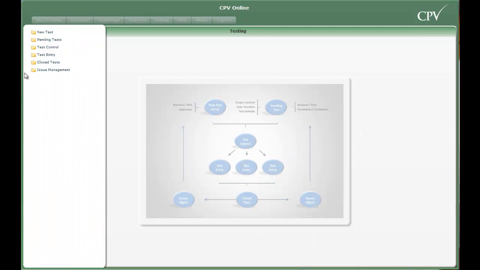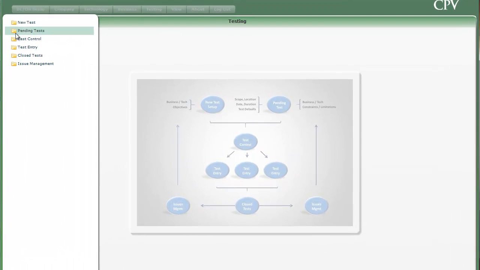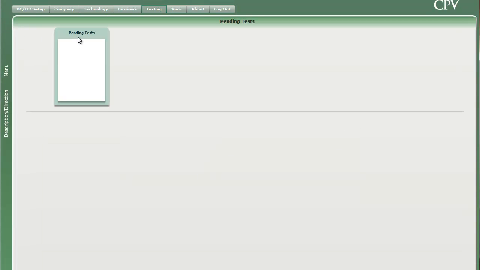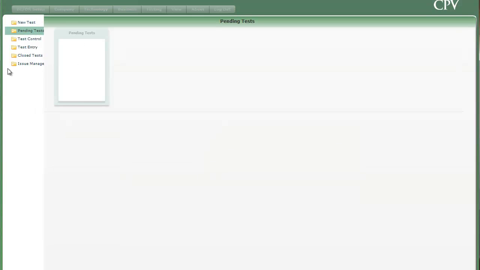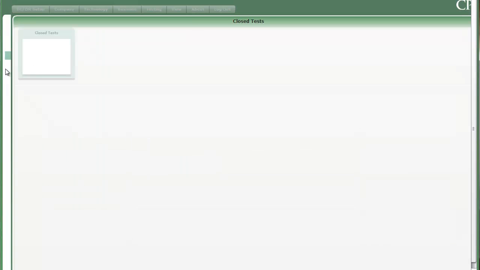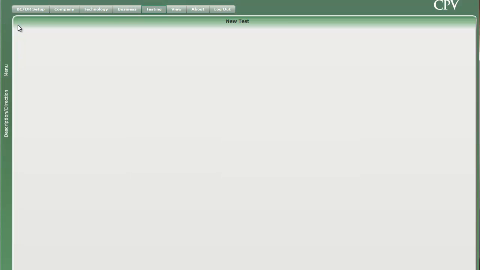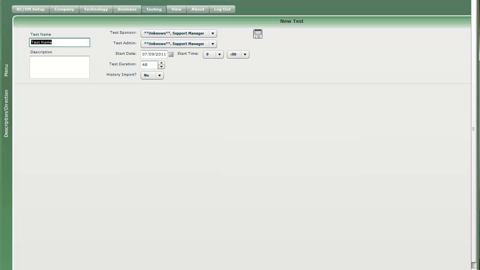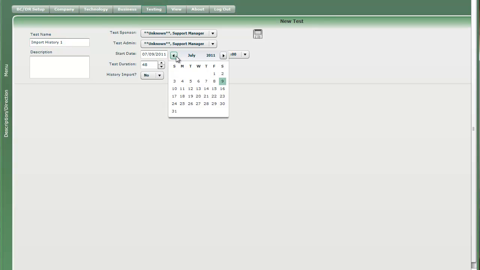So the first thing we need to do is make sure we're working with a clean database. Okay, there's no test in the pending status. And let's see, okay, no closed test. Perfect. So we'll go to New Test, and we'll call this Import History number 1. And I believe I misspelled history. That's okay. It's a 48-hour test, and let's go ahead and backdate this to, I think it was October